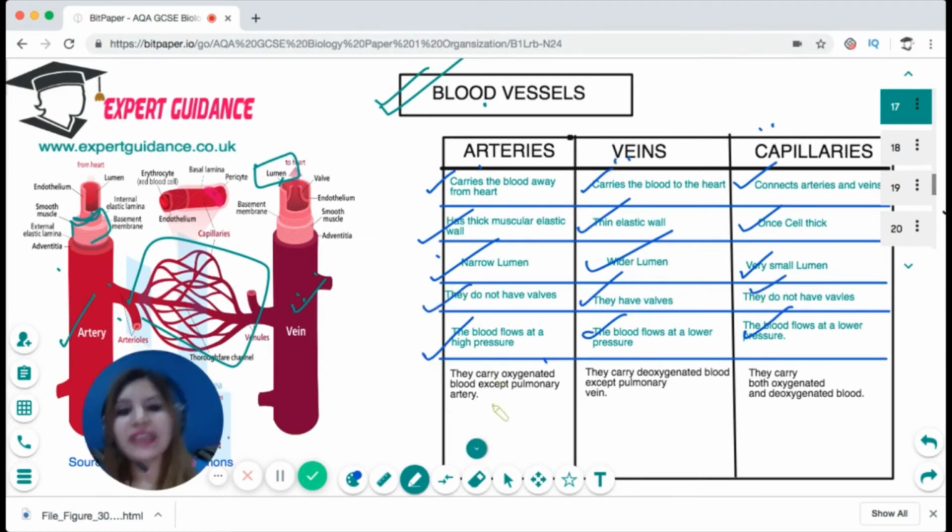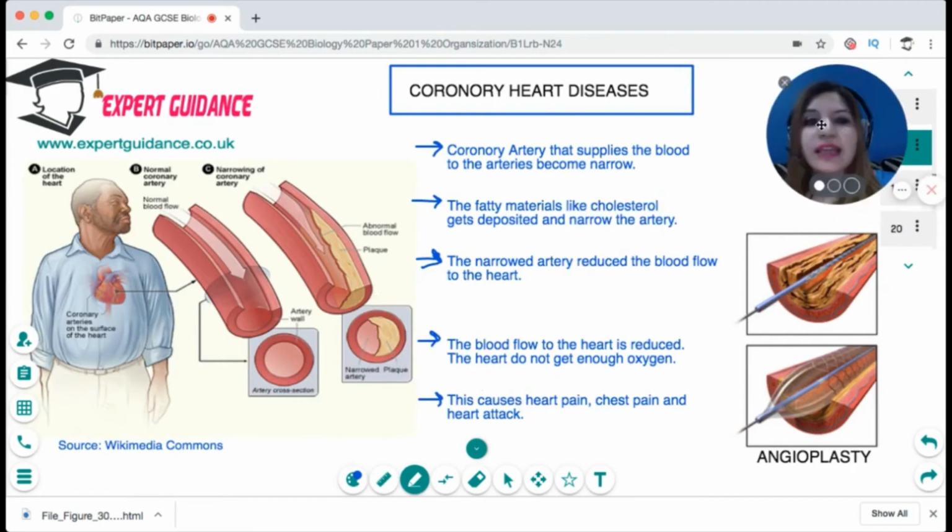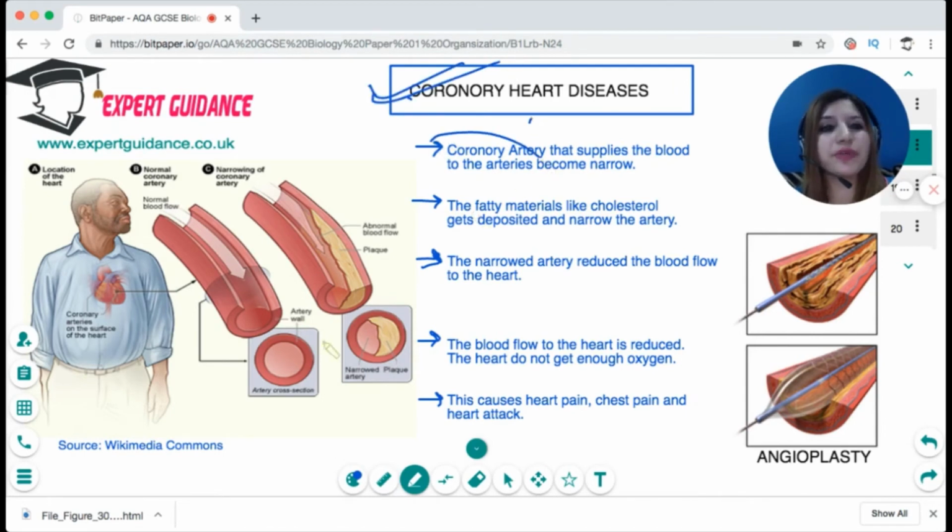Arteries generally carry oxygenated blood except the pulmonary arteries. Veins carry deoxygenated blood except the pulmonary vein. And the capillaries carry both oxygenated and deoxygenated blood. So I hope you are able to spot from a diagram whether it's an artery, vein, or capillary, along with their function. Okay, now since we have discussed the heart, there are a lot of problems that can come up with the heart, and they are known as coronary heart diseases. Now, what are coronary heart diseases? They occur if there's a problem in a coronary artery. What's a coronary artery? It is an artery, a branch of the aorta that supplies the blood to the